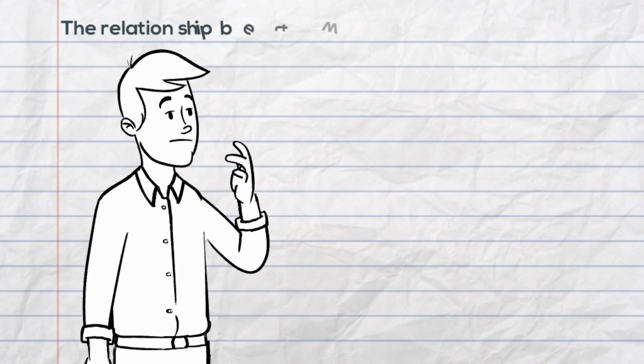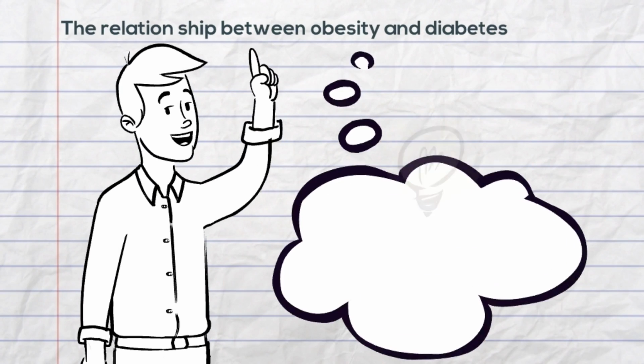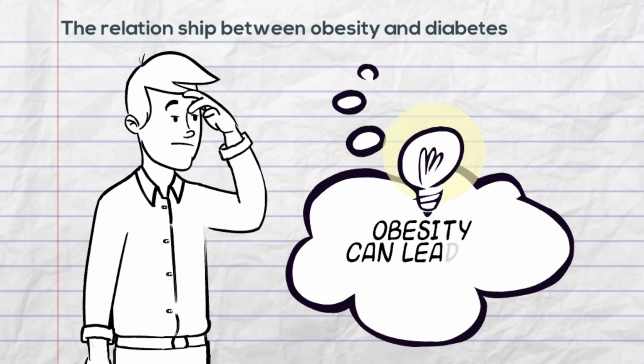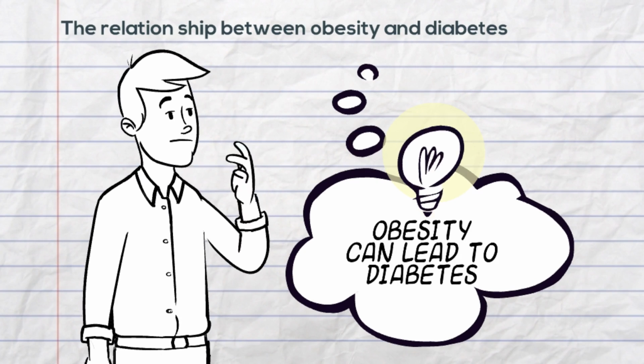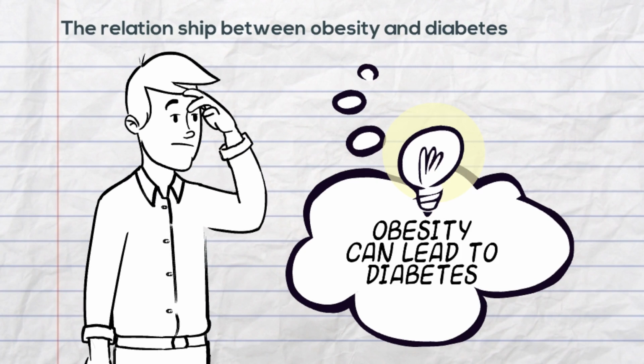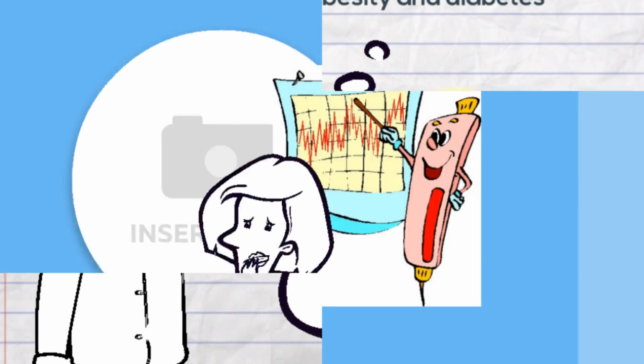Obesity can lead to diabetes because obese people have more fat around their belly, and this fat is called visceral fat. Insulin resistance happens because of the visceral fat, when the muscle cells resist the insulin, which leads to high blood sugar levels. The diabetes issue is one of the biggest health issues in the United States. More than 100 million adults in the United States are living with diabetes.